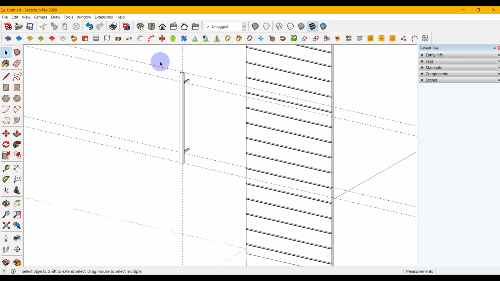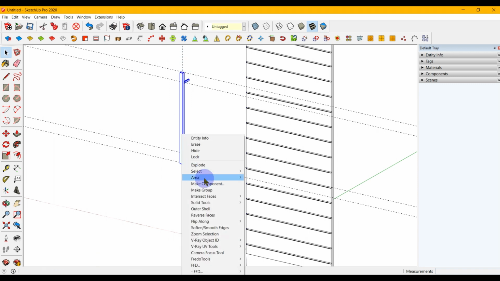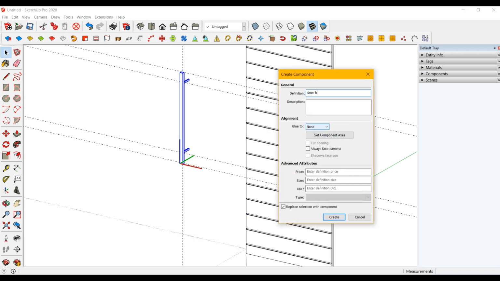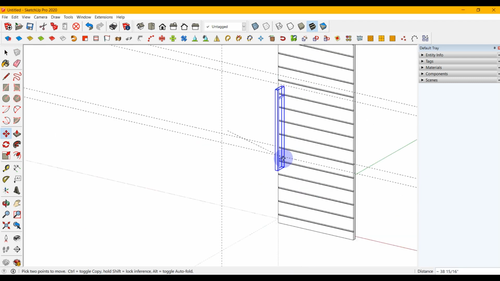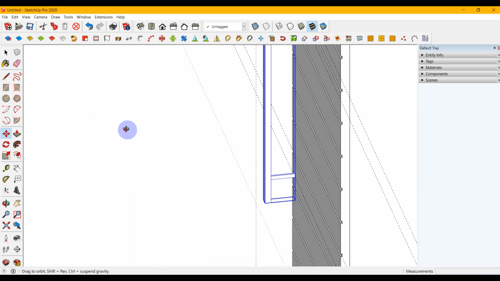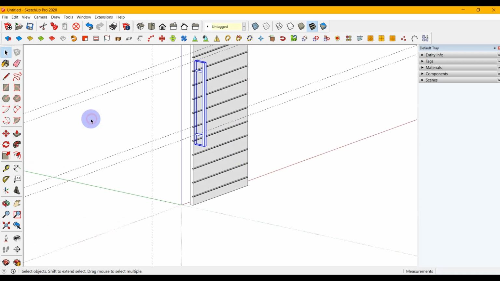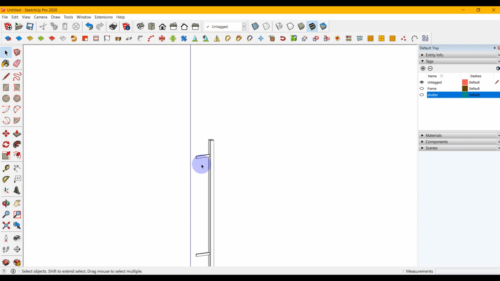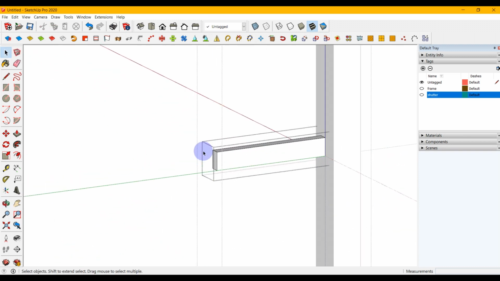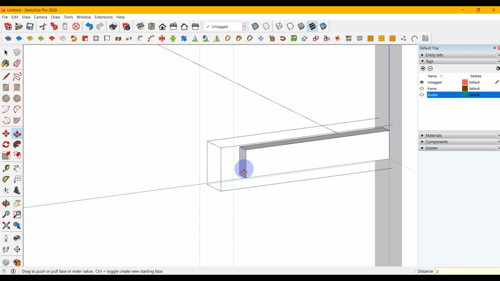You can make it a component for future use. Move it at the door properly. Delete the guidelines. You may edit the door handle if you want.